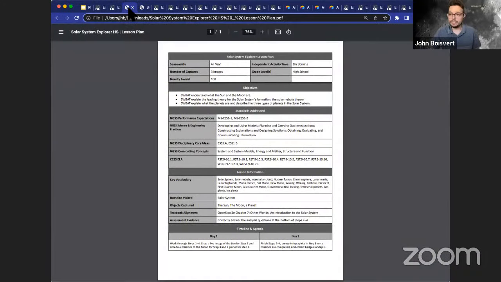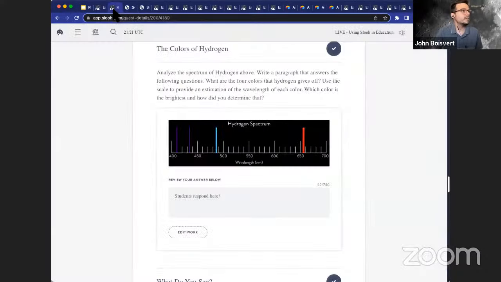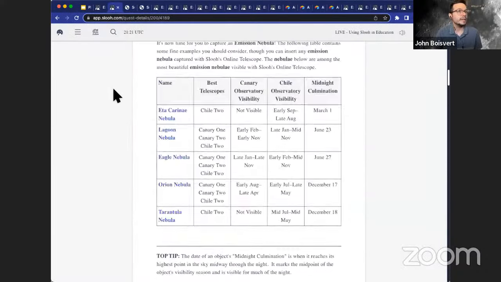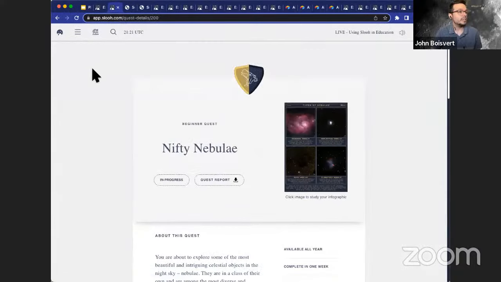So every quest is going to have 2 documents that come with it, and this is called the teacher resources. Let me just click back to here real quick. I want to show you this is the quest overview page. We already saw this. So coming next week, if you have an educator account, you will see a button down here that says download teacher resources. And when you click on that, you will download a zip file that contains 2 PDF documents.